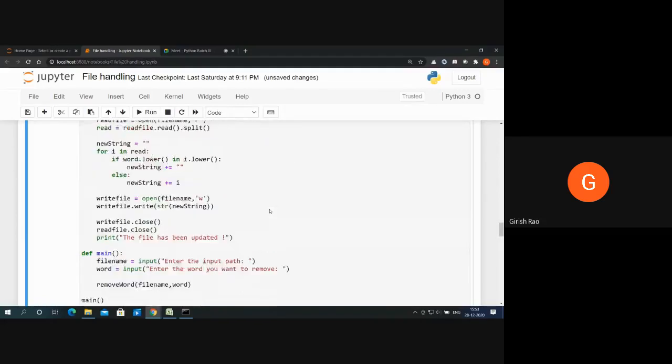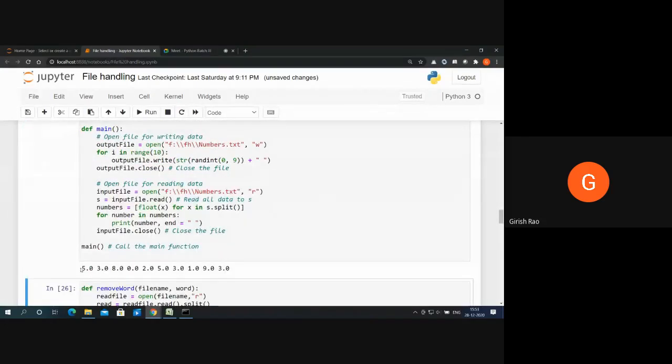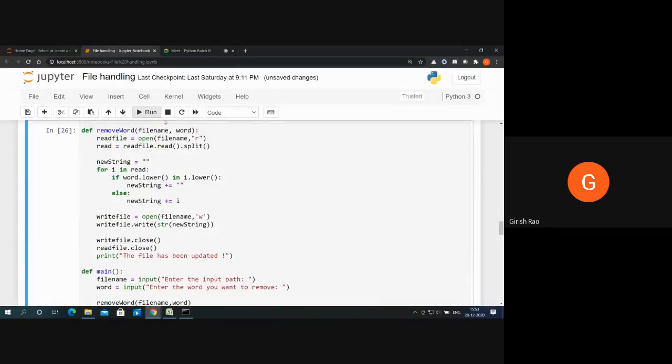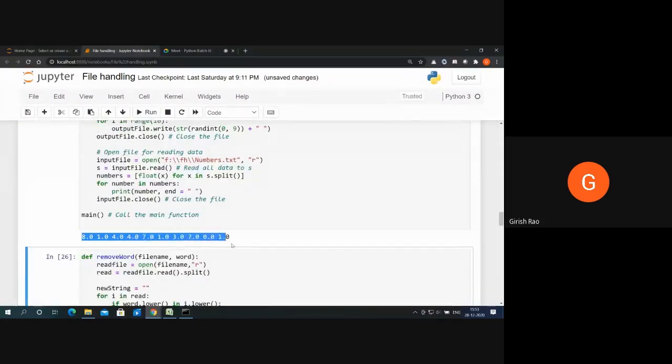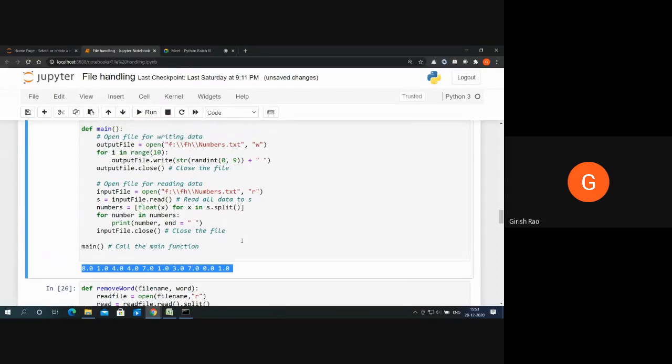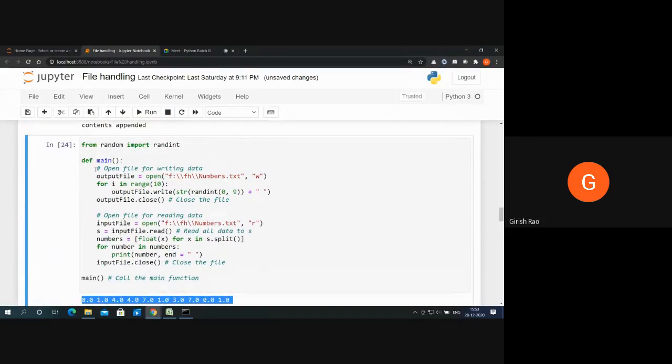So when you run it, what happens? You get these particular numbers. Again run it to check whether a different set of random numbers is being written or not. See, a new set of numbers is being written. So point number one, two things this particular program is doing. First of all, writing the random integers.